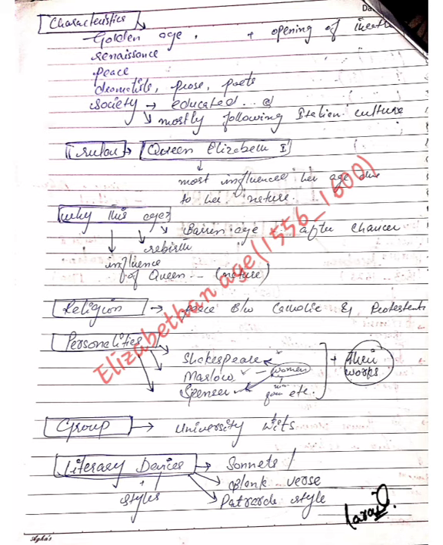So, there is a group of people named the University Wits, in which a few people are involved, named John Lyly, Thomas Kyd, George Peele, Thomas Lodge, Robert Greene, Christopher Marlowe, and Thomas Nashe. They were highly educated people from Cambridge and Oxford universities, and Shakespeare was influenced by them. The phrase "all is fair in love and war" was first used by John Lyly, and he wrote Euphues: The Anatomy